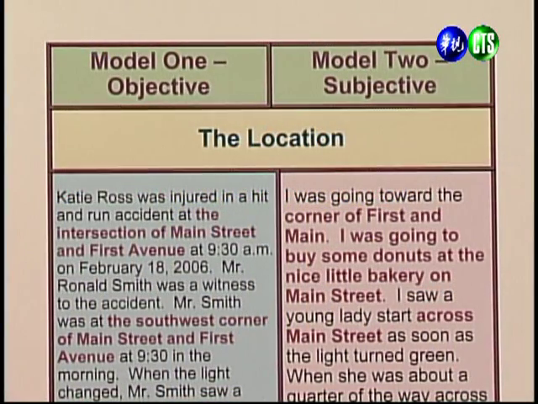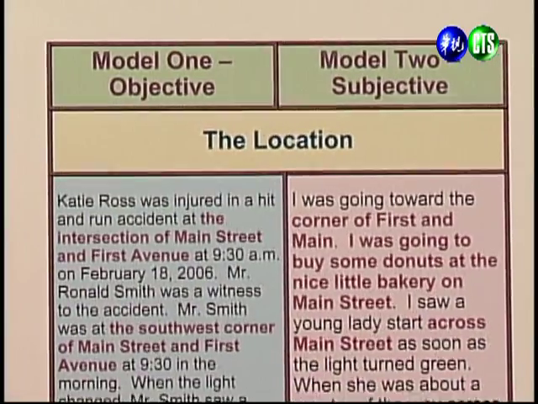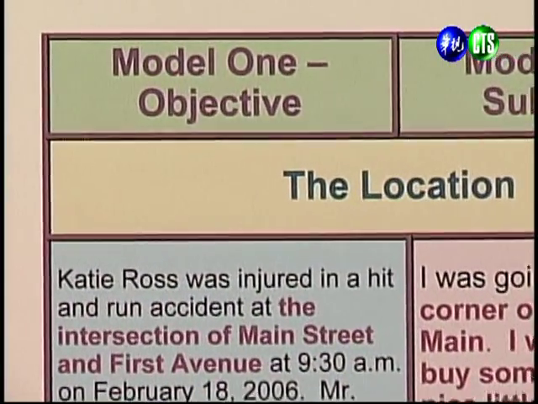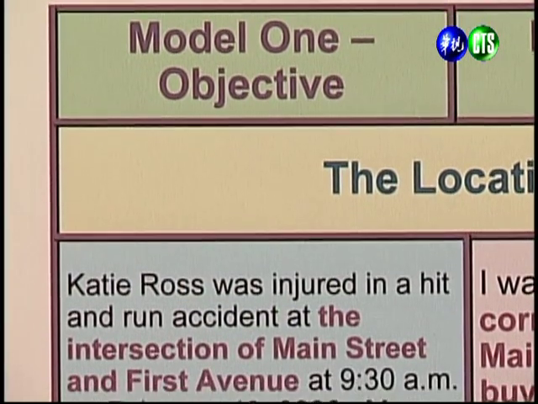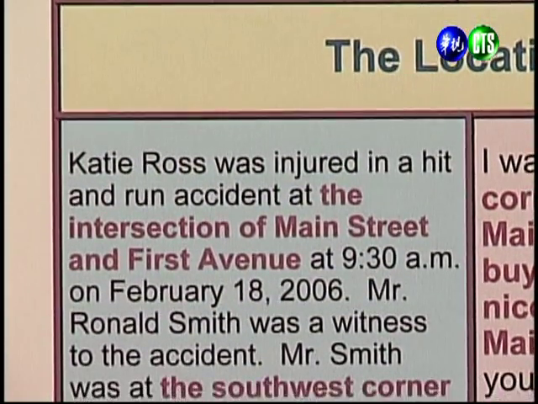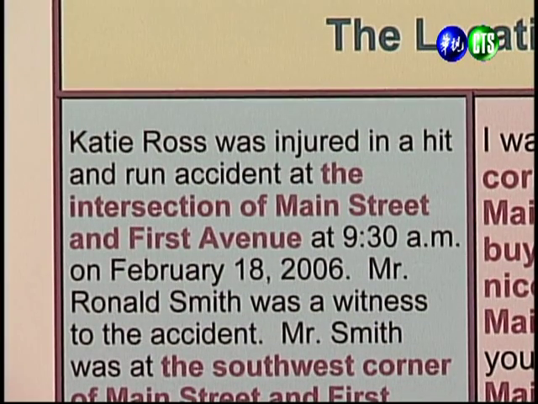All right, so now let's go on and compare how the two essays write about the location of the event. 好，我们接下来要探讨的是这两篇文章怎么样去描述发生的场景。Right, the objective version gives a precise location and time. 我们会发现，在客观的叙事文的版本中，它明白地指出了发生的地点以及时间。It states that the accident occurred at the intersection of Main Street and First Avenue at 9:30 a.m. on February 18, 2006. 它这里很明确地指出这个车祸事件是发生在 Main Street 和 First Avenue 的交叉口，而且时间是在2006年2月18号早上9点30分。